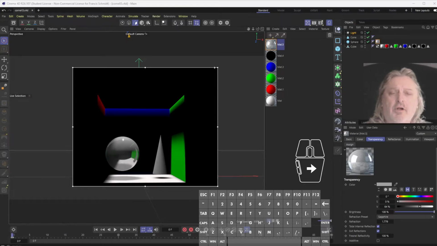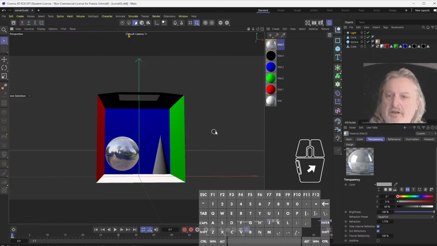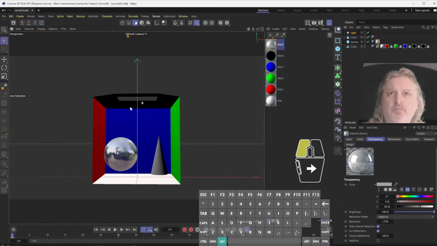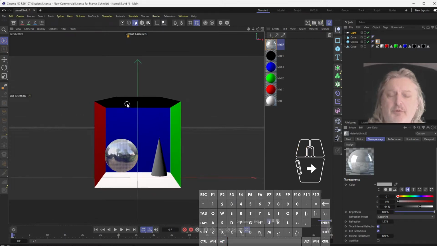This is a video on the use of lights within Cinema 4D. You can see over here I've set up a scene. Actually, let me turn off my render area here. A very simple scene, which is a box, which is sometimes called a Cornell box, because Joseph Cornell was an artist who used to